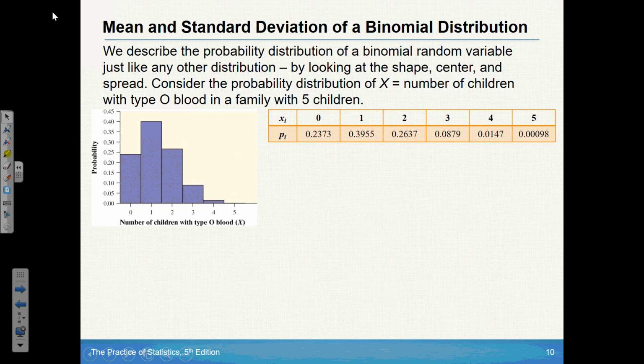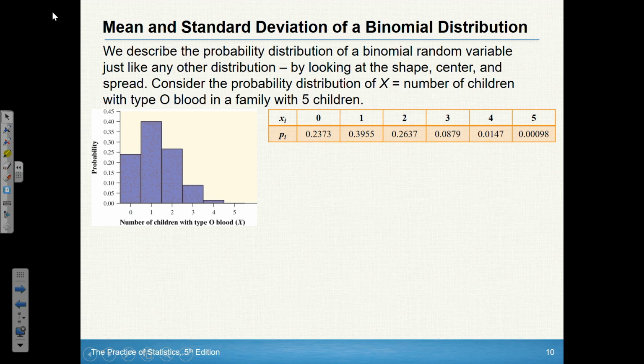Hey everybody, checking in with you with our second video on binomial distributions. Today we're looking at the mean and standard deviation of binomial distributions. We're continuing with our example looking at the number of children with blood type O in a family of 5